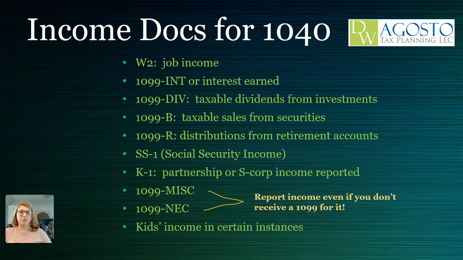The others are if you are self-employed in any way, shape, or form, meaning you do a small job for part of the year, you have your own business or anything, you might receive forms called 1099 MISCs or 1099 NECs for self-employed people. Even if a provider does not give you a 1099 MISC or a 1099 NEC, but you know that you made money from them, you have to report the income. So give us all of those forms, or be prepared to give us a total for income that you received